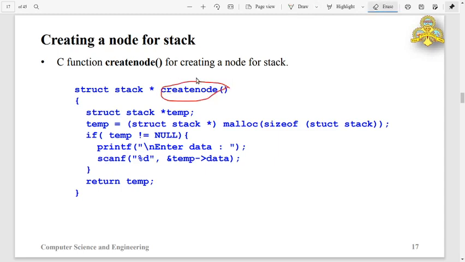That is another modification, we can go for that method also. After all these statements, we will pass the address stored in temp as a return value, as specified by the return type of the function. So this is for creating a node for a stack, which is almost the same as creating a node for a linked list.